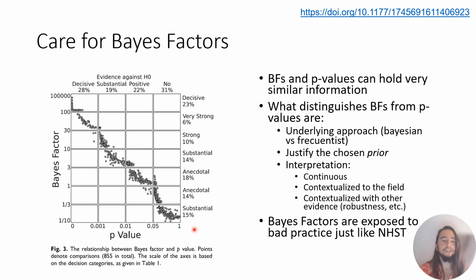Okay, so the things that distinguish Bayes factors from p-values are, first of all, the underlying approach to probability, because one is Bayesian and the other one is frequentist. P-values are based on assuming that probabilities are real objects that can be approximated as long as we have bigger samples. And probabilities are a separate object from us, the observers. However, in Bayesian